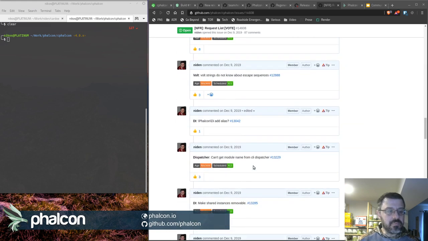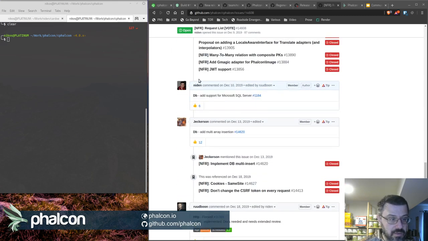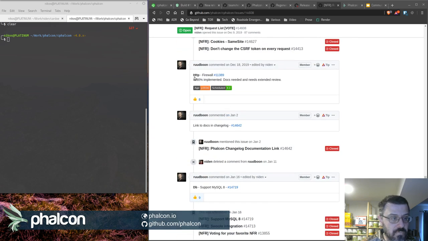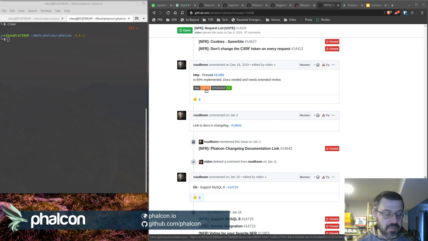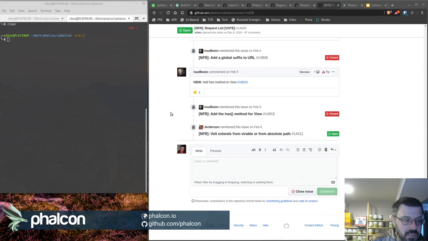issue, it is actually being recorded in GitHub, and you know you have support for SQL Server, multi-array insertion, HTTP firewall. This one was created in 2016. We just need to make sure this one is ready, but we need to make sure that we document it properly, which we have not. And all these guys and all of that to done. Add a has method into the view, so that one has just 1 star. So